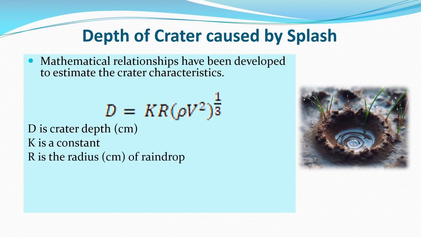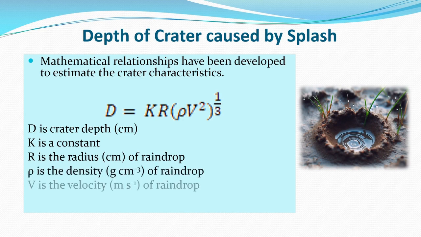K is a constant, R is the radius of raindrop, rho is the density of raindrop, V is the velocity of raindrop. So if we enter the values of K, R, rho and V, we may be able to estimate the depth of craters